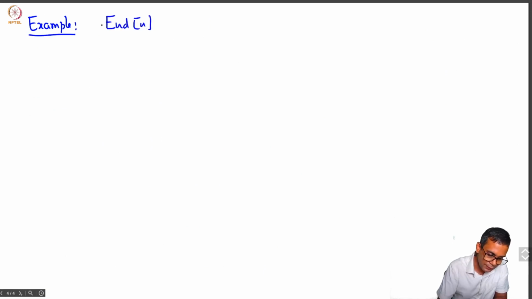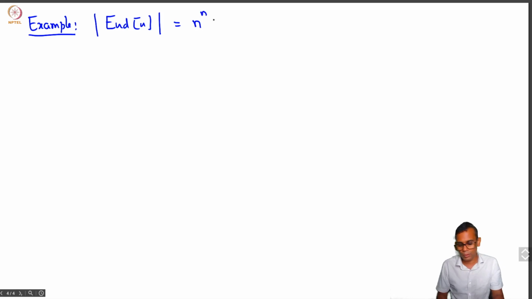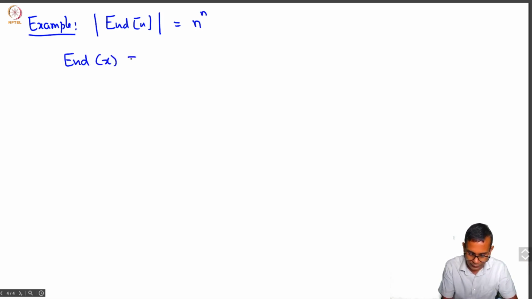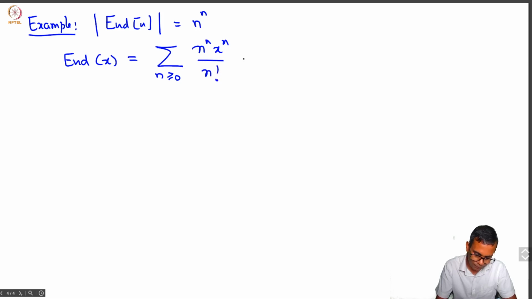How many functions are there from n to n? Well, it's just n to the power n. So what we have is that End of x is the sum n goes from 0 to infinity of n to the power n x to the power n by n factorial, and this is